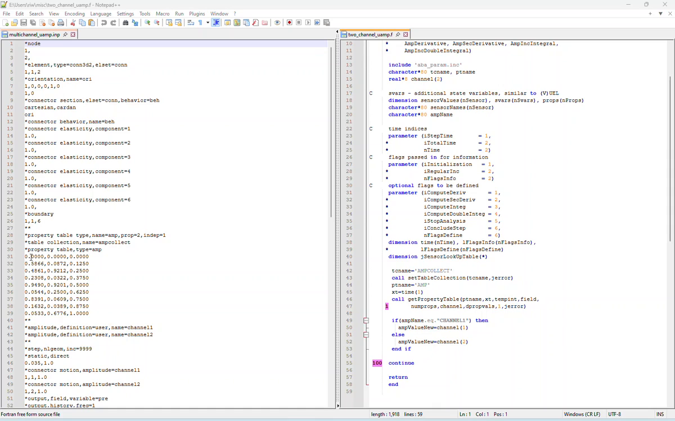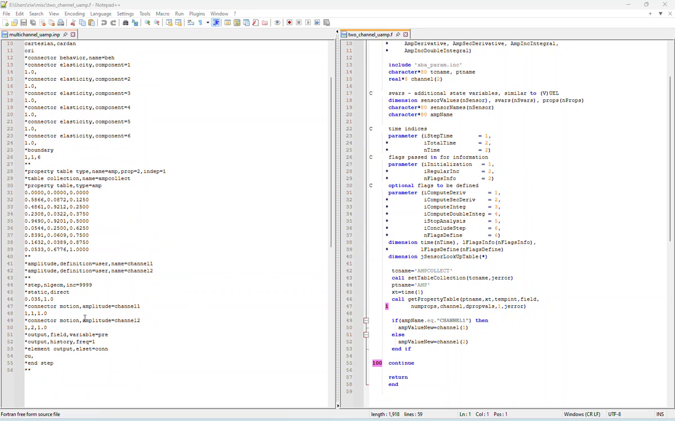My first column has the amplitude values for channel 1. The second column has the amplitude values for channel 2. I have two user-defined amplitudes called channel 1 and channel 2. And I've applied these amplitudes to connector motions in this simple model, which is just a one element model with